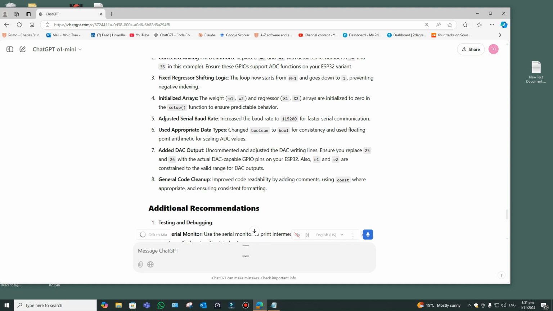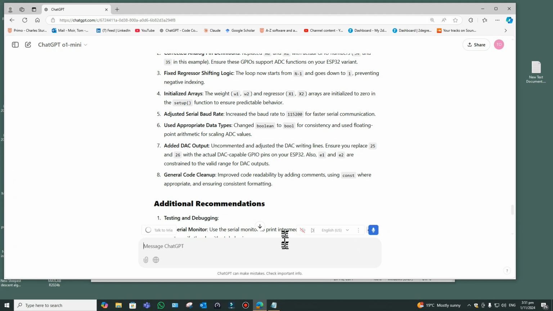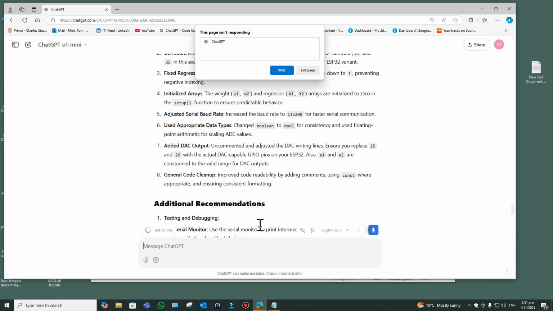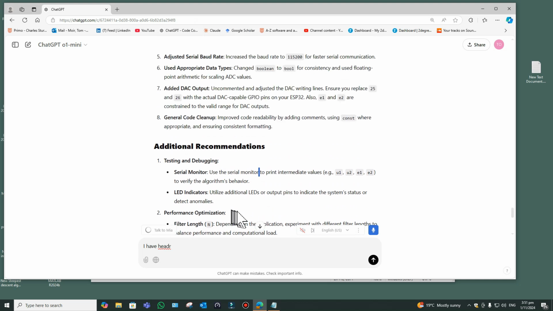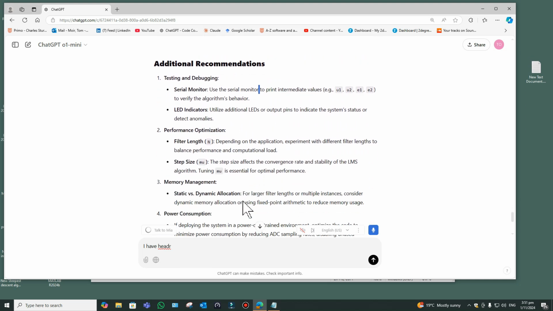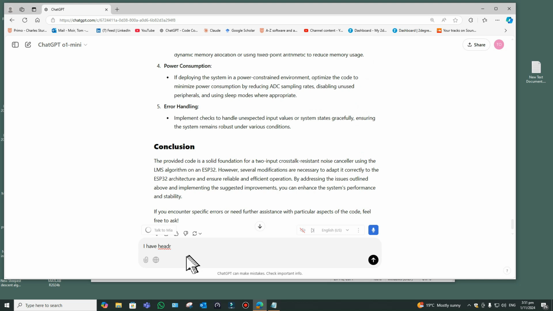So I'm going to ask it, I'm just going to say, I have heard, don't know what's happened there. Sometimes you get this funny behavior in it. Oh, let's see what's wrong. It's a bit slow there. Well, it goes on to a whole lot of other things: testing, debugging, performance optimization, memory management. But before I do that, I'm going to say I have heard that the ADC